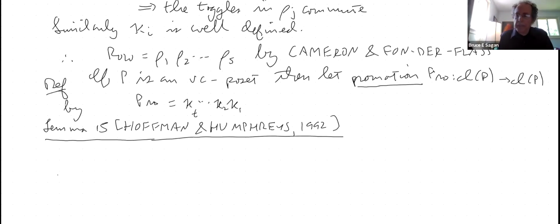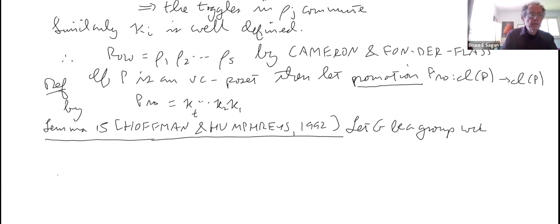And it says the following. Let G be a group with generators, say G1 through Gn,